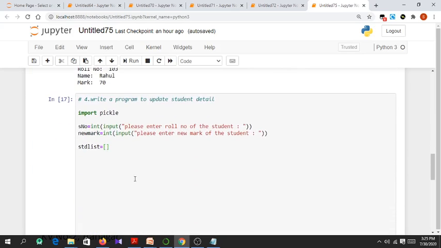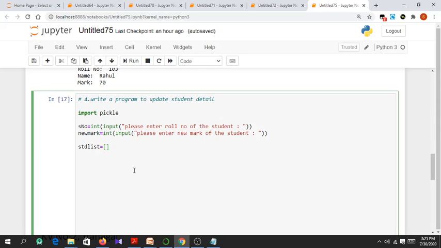So what we are going to do is copy the data of that particular file into a list, and then make changes in the list. After changing everything, the changed data will be written into the file again. Let me summarize. We are going to have 3 parts. First, copy the records from the binary file into a list.